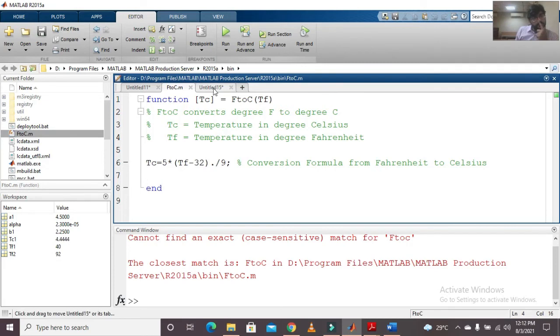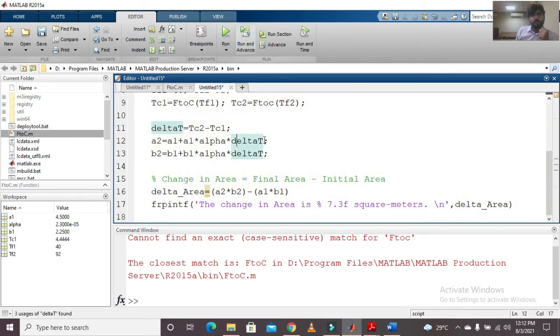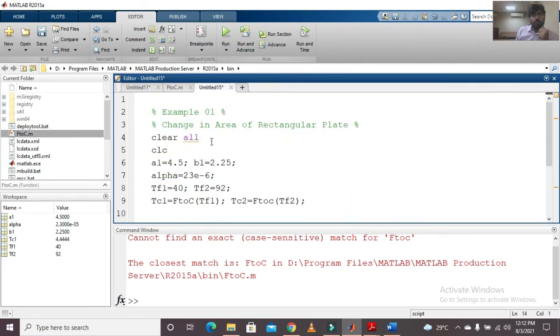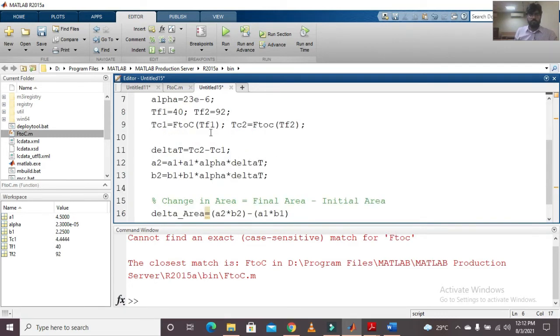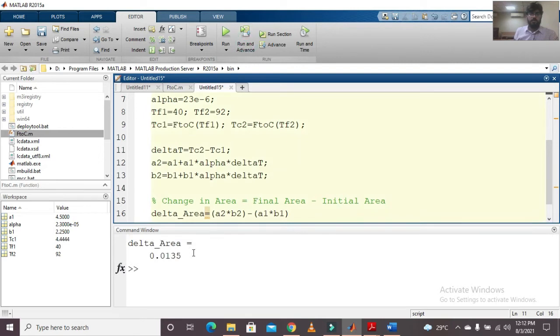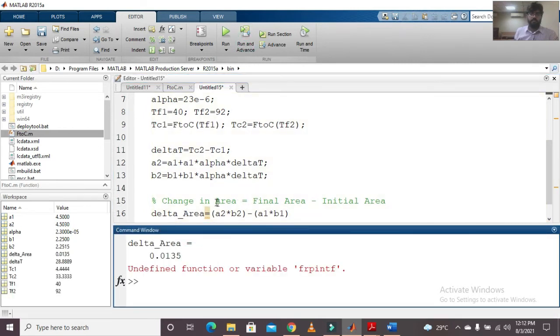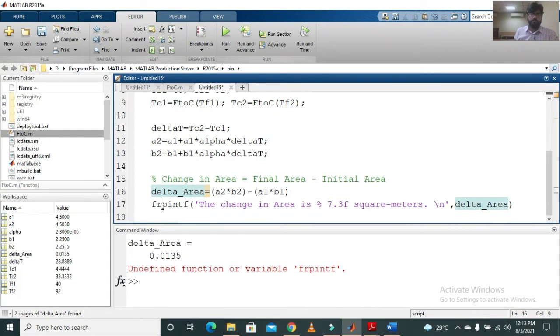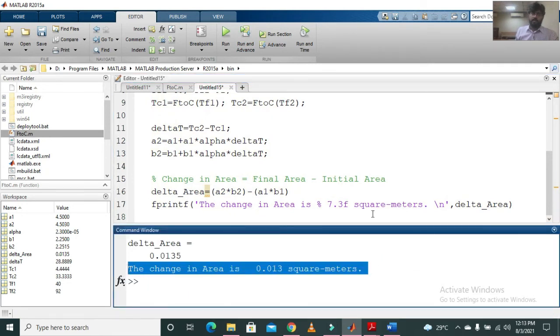So this is where the error is occurring. Now this is my area. This is what my area is.